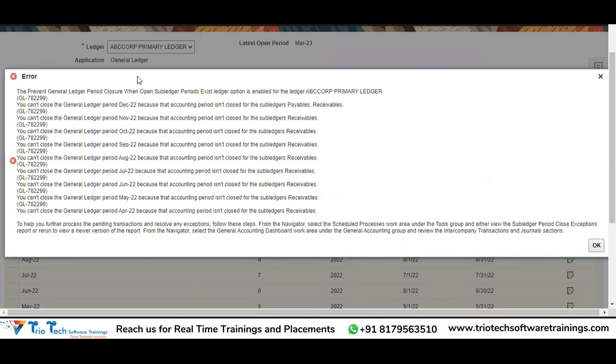This happens because there is a control checkbox that we have set. What does it say? The prevent general ledger period closure when open subledger period exists ledger option is enabled for the ledger ABC Corp primary ledger. So in the specify ledger options, if you remember, we had enabled one checkbox called prevent GL period closure when subledger open period exists. Based on that particular control,